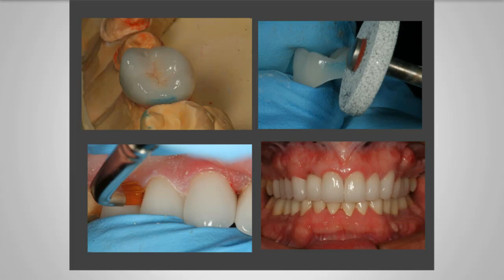The reason the occlusion is this close is because when I take records for the laboratory, the provisionals will hold the vertical dimension on one side, and we'll take a prep-to-prep occlusal record on the opposite, and then do the same thing with provisionals on that next side, and vice versa, as you can imagine. But I also put the provisionals back on the upper arch and take a second record of provisional to prep. This is usually done with a vinyl polysiloxane for stability, and then the laboratory can mount the prep to prep and prep to provisional models in the lab and